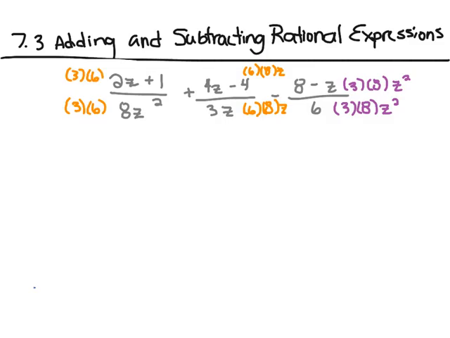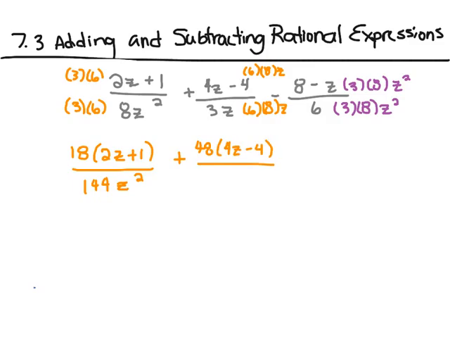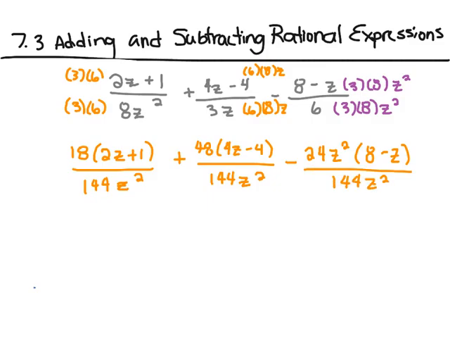So this is going to turn into 18 times 2z plus 1 over 144z squared plus 48 times 4z minus 4 all over 144z squared minus 24z squared times 8 minus z all over 144z squared. So now we're going to distribute in the brackets, and we should get 18 times 2 is 36z plus 18 over 144z squared